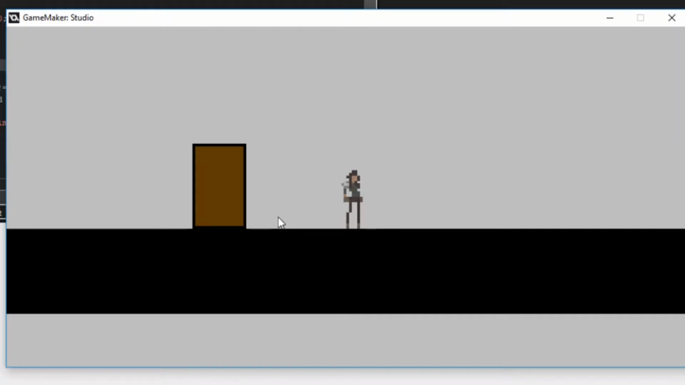Today I'm going to be showing you how to smooth movement in GameMaker Studio 1.4 and 2.0. It works in both of them. It's just one little simple trick that will make your player go a little bit smoother whenever you're